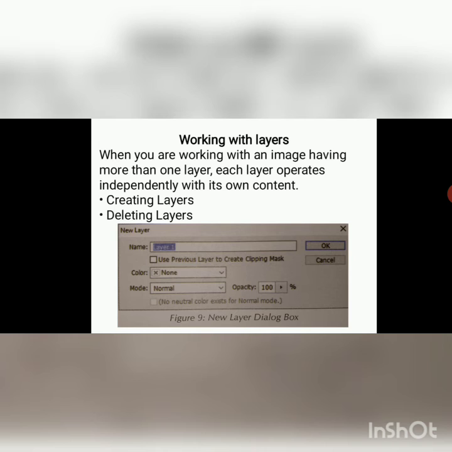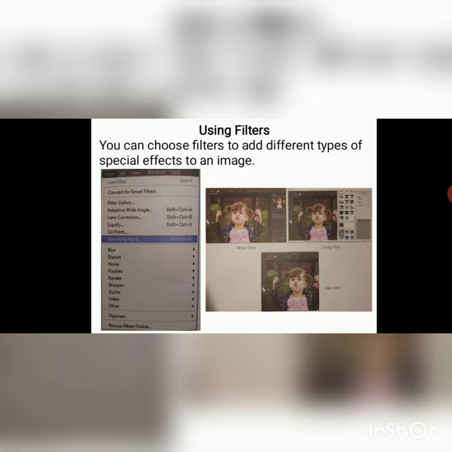Give the name of the layer and choose the color if you want, the mode of the layer, and click on the OK button. You can also delete a layer by right clicking on the layer, and there is a delete option. You can left click on the delete option, or you can also click on the delete button.